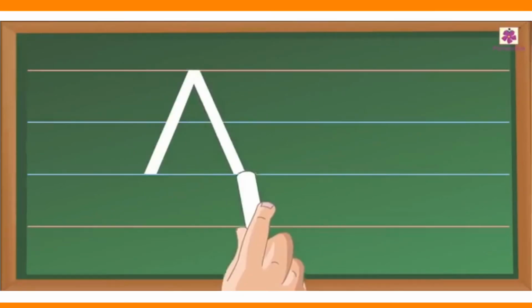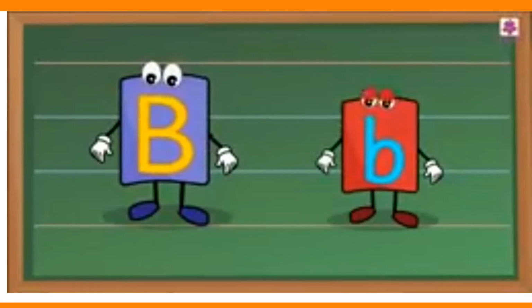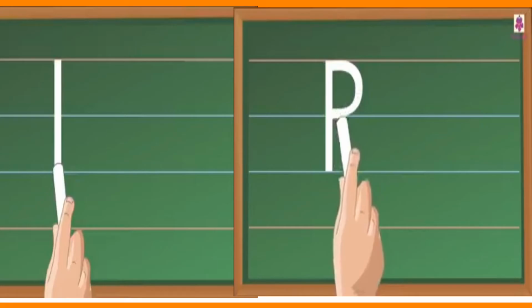So now we are going to move to write the letter B. That's how we will write letter B. Capital B. First we will start from the top and draw a standing line down. Go back to the top, then make a curve at the middle, then draw another curve. Okay, so this is B. That's how we will write the letter B.